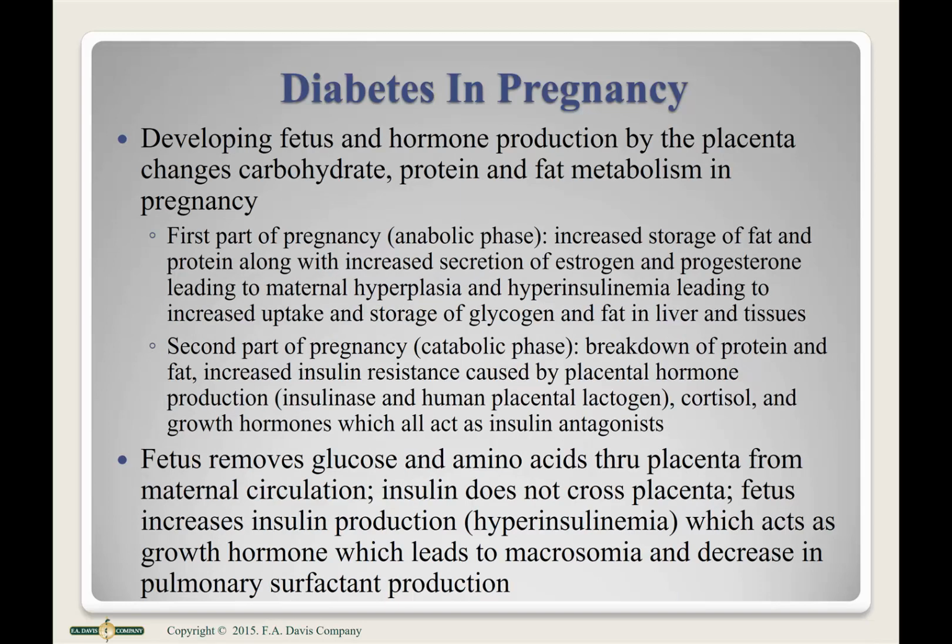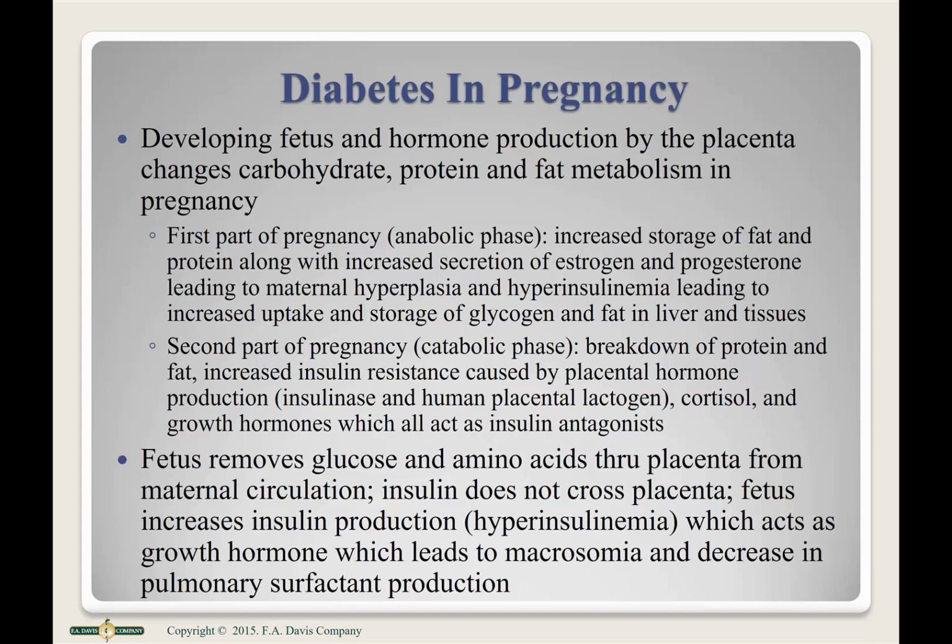Okay, so during pregnancy, in the first part of pregnancy, mom is storing large amounts of fat and protein, and storing her glucose for the later part of pregnancy. Now, during the later part of pregnancy, she's breaking down all that storage to supply baby with the glucose baby needs, because glucose does cross the